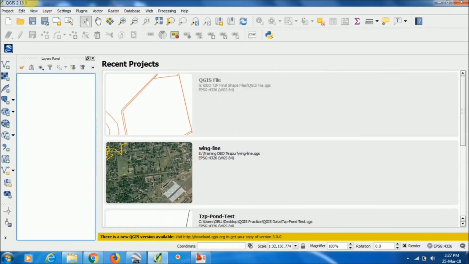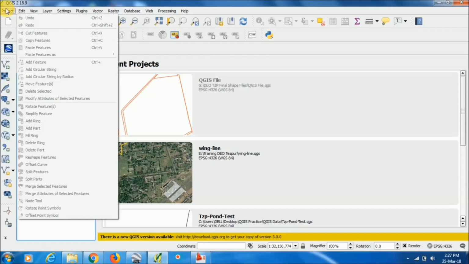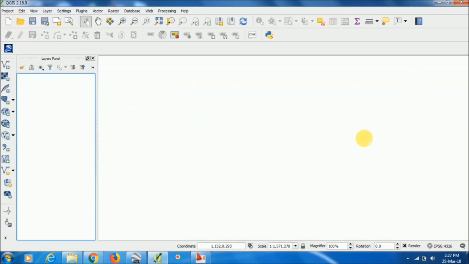Now open QGIS after installing it from www.qgis.org. It's an open source GIS software, and it has a lot of tools for survey engineers and in the GIS field also. In the project option, I'm going for a new project, and in this QGIS software, just go to the add vector layer option. Here you can add different types of data formats. So I will import that DXF file which I generated from AutoCAD.